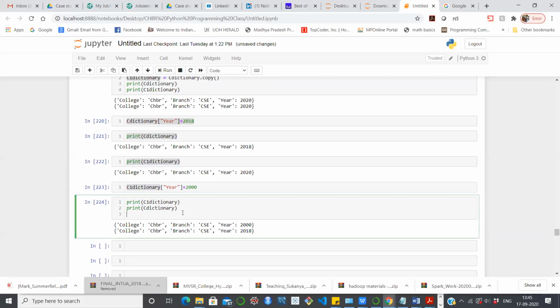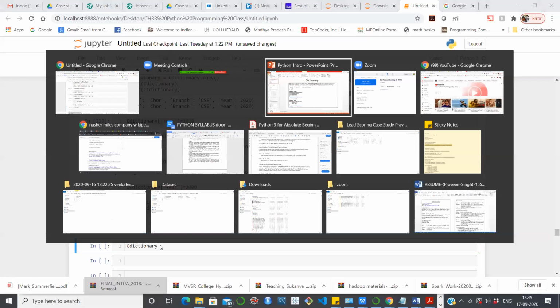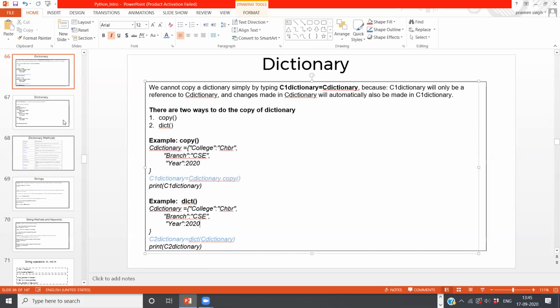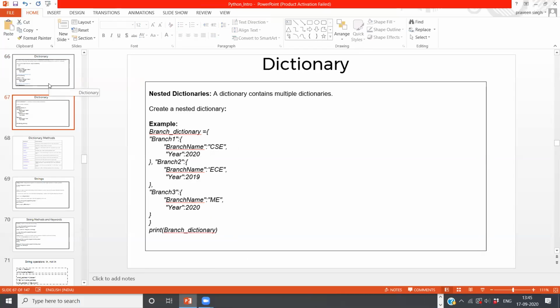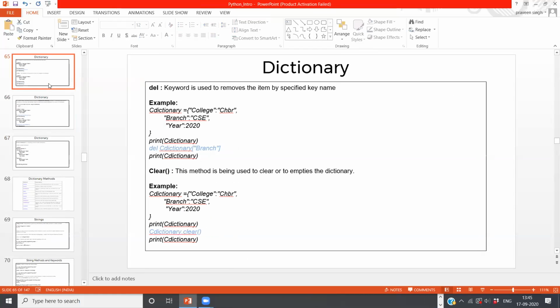Now let me perform one more action on the C dictionary. What action should I perform? I have taught you at least two or three different actions, so I just wanted to know from you guys what action I should perform here.